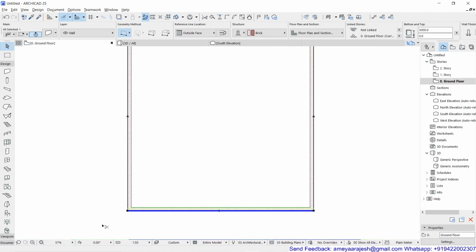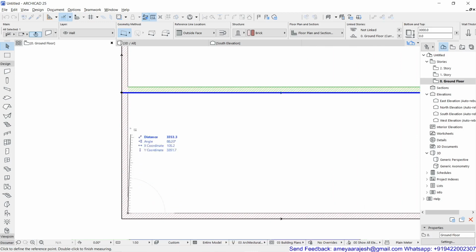Now if I press Control Shift D, and then drag my mouse and take it further, remember the distance which I'll type this time should be inclusive of wall thickness. So I cannot type just 5000, because that will create a mistake. If you want to check that, if I put 5000 and enter, you will see that the inner clear distance is not 5 meter. It is less than that, with the wall thickness deducted. So if I just touch over here, then it is correct.